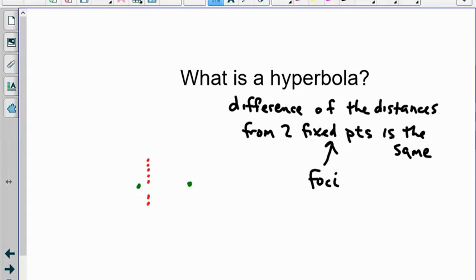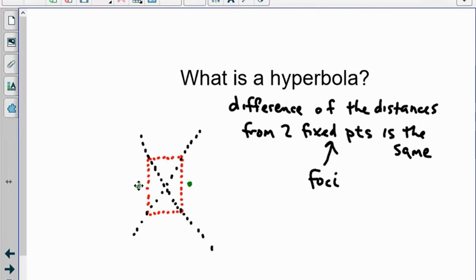in these problems, we always end up making some sort of a box inside of the focus points. And then we find the lines that connect the corners. And that's something that happens every time we do these problems. And so what we need to do then is after we do that, we find these things that kind of